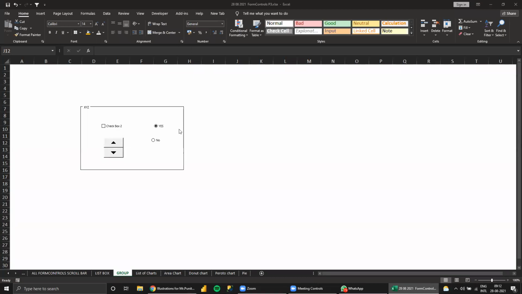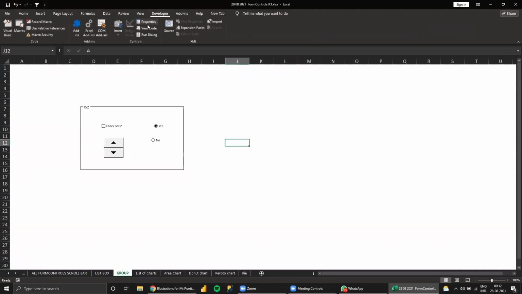Yeah. So along with the form controls, as I told you last session, this one control we need to take from the ActiveX controls. Basically, we use this for macro. But one thing I wanted to give you here. So what is this?